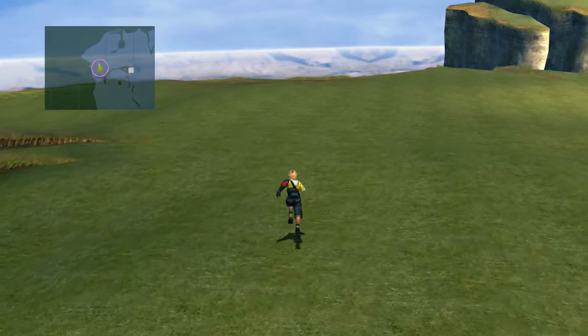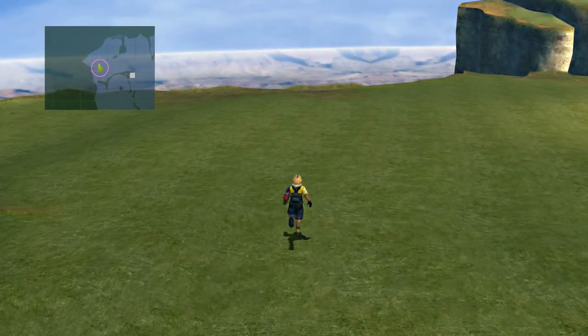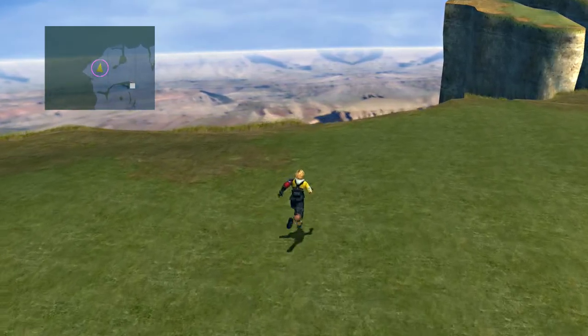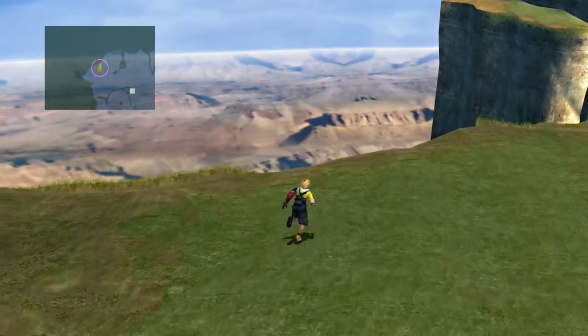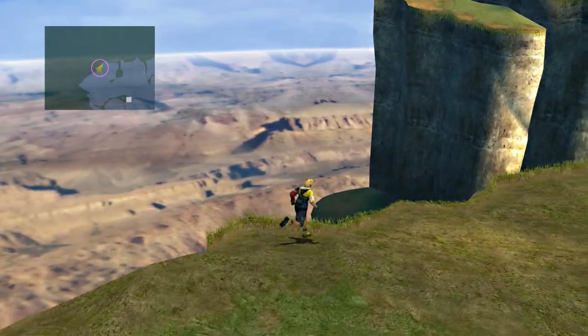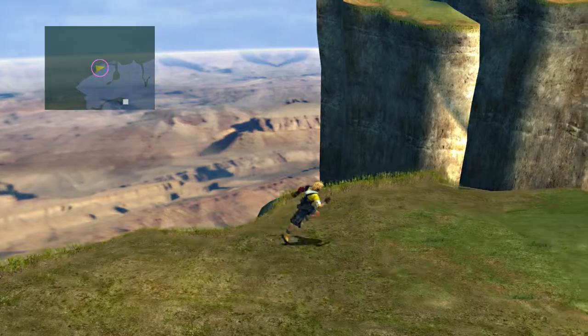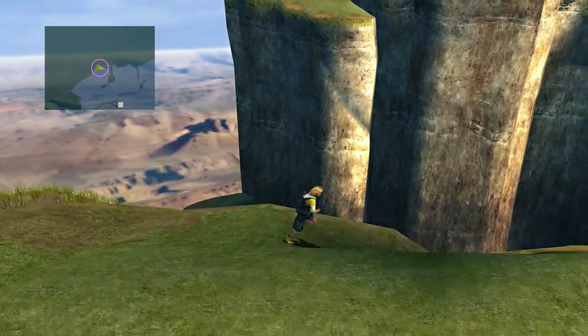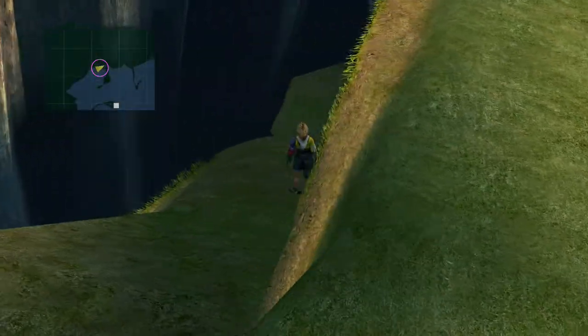But anyway, this guy used to be up over here. He was standing right at the very top edge of the map here. As you can see, on the map there's a little indentation where you can kind of walk down. So where is it? Oh, over here. See, he was standing blocking over here. If you come down this way,